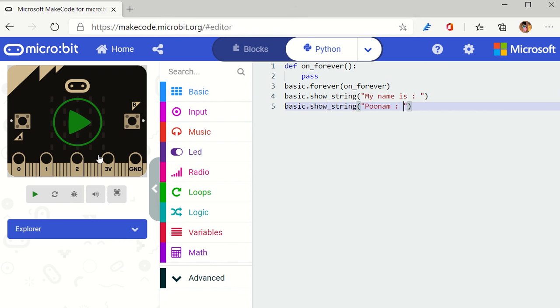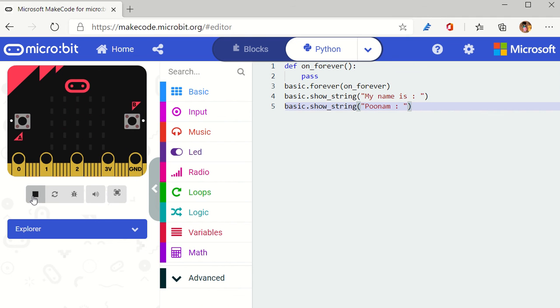How I can go about testing the thing is, I can type in the things over here, and this is how the things are going to flash over. So first of all, it is going to show you that my name is, and then your name is going to be reflecting in the system right there in front of you people. So this is how you people can create a name tag.